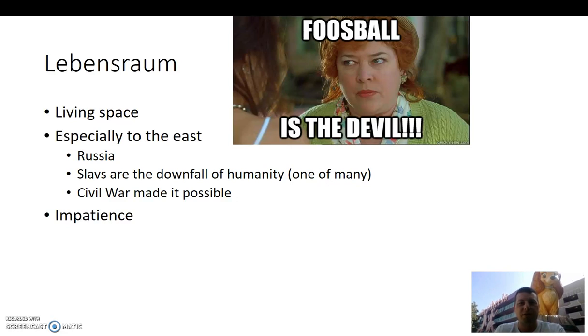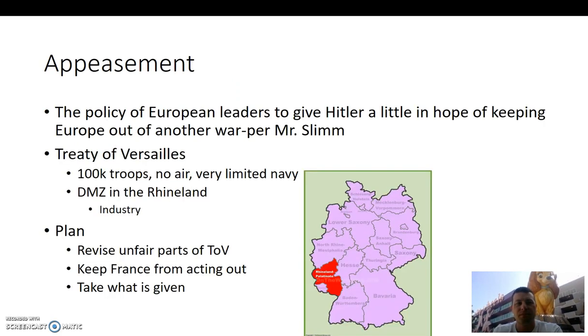But what eventually is going to force his hand is an impatience. Your textbook gets into a little bit about his health. He's nervous about not having the opportunity to finish the job. And that's going to hurt him because, oh, guess what? You shouldn't attack Russia in the wintertime. Surprise, surprise. The European nations are going to deal with this with a policy called appeasement.